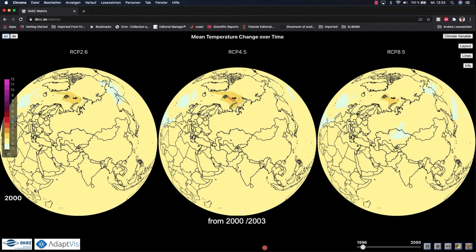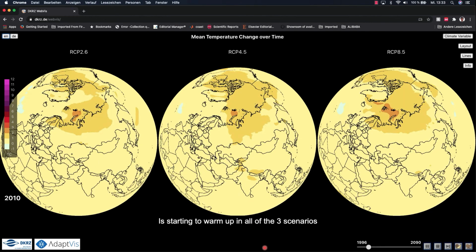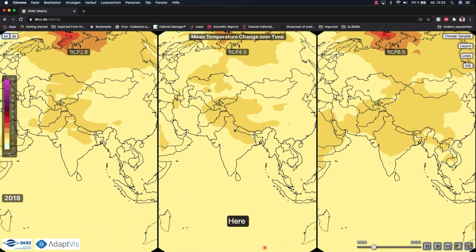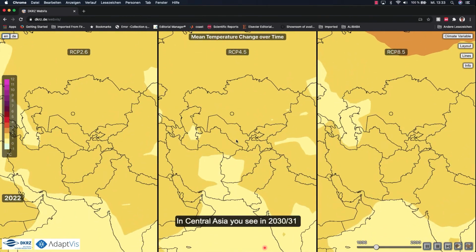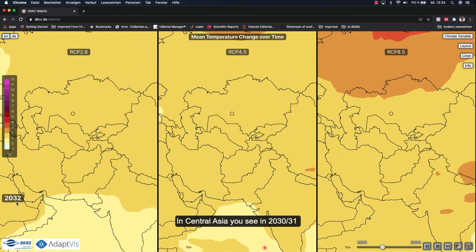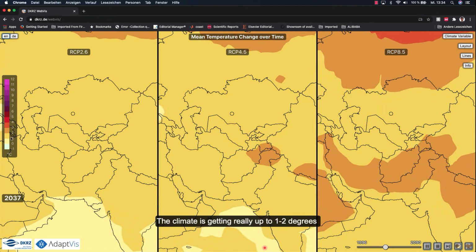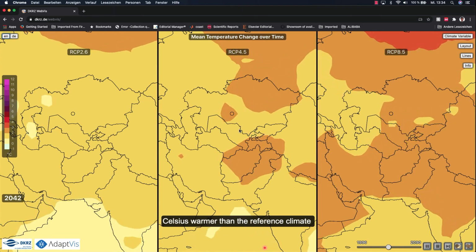You see, from 2002-3, the Arctic region is starting to warm up in all of the three scenarios. And if we zoom in on our region here, Central Asia, you see in the 2030s the climate is getting up to between 1 and 2 degrees Celsius warmer than the reference climate.